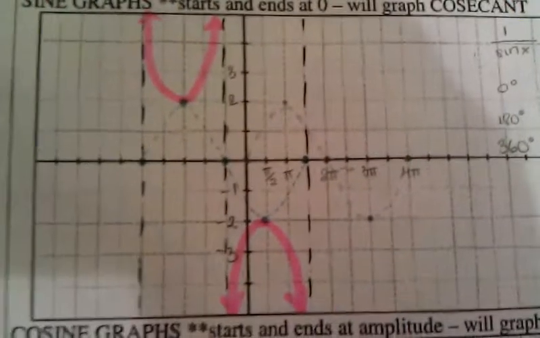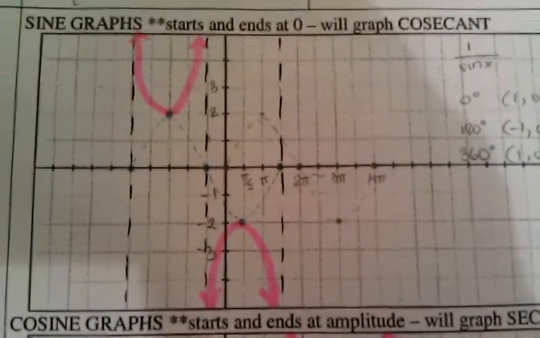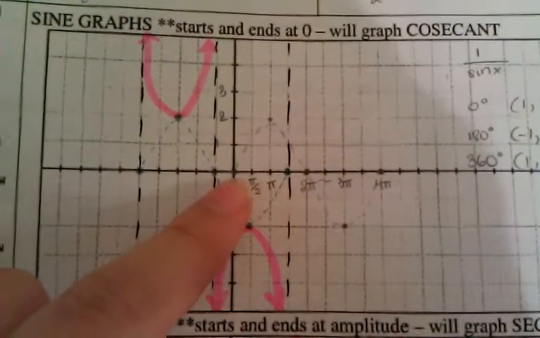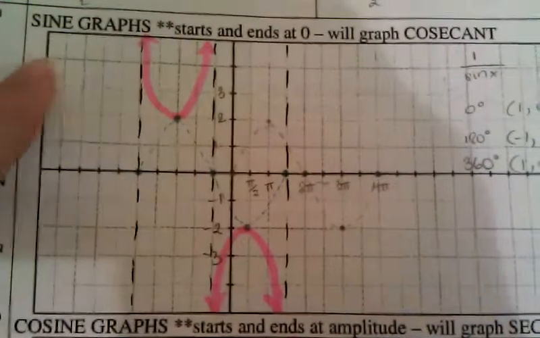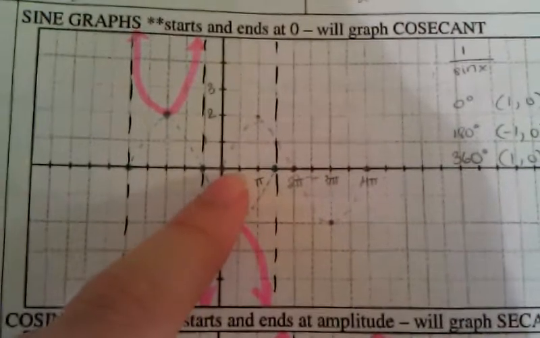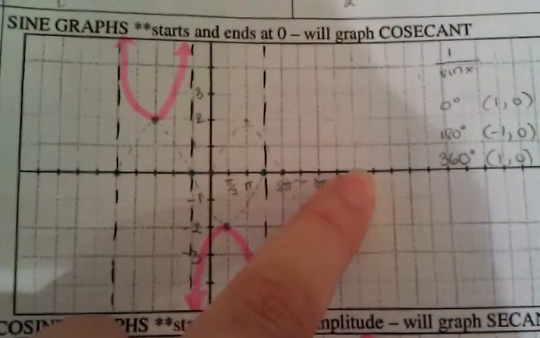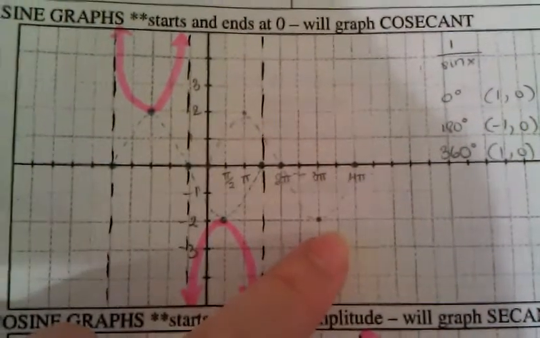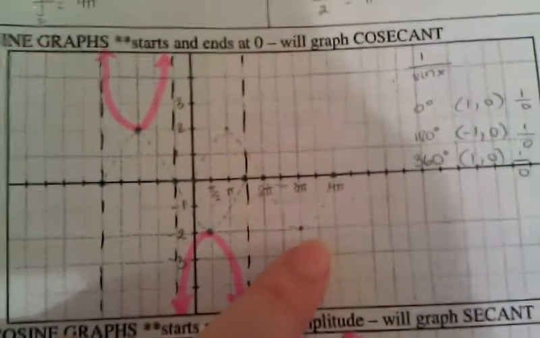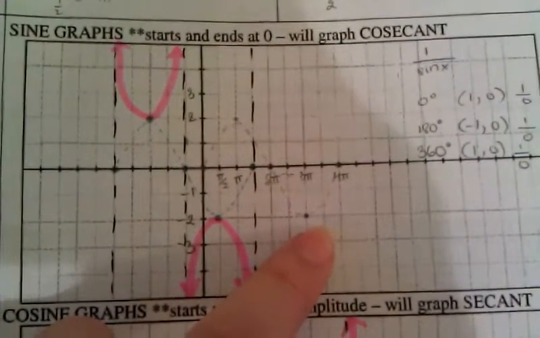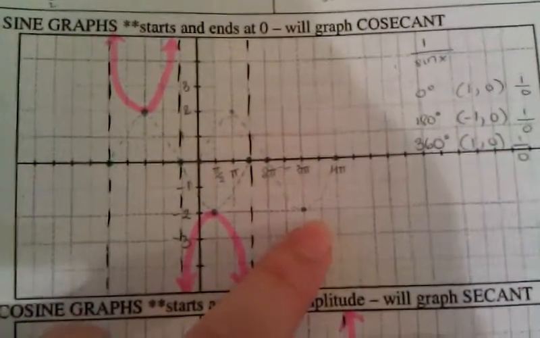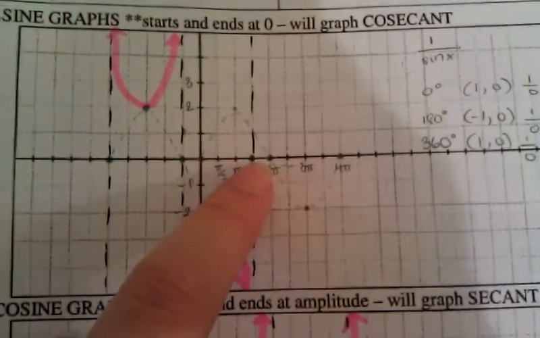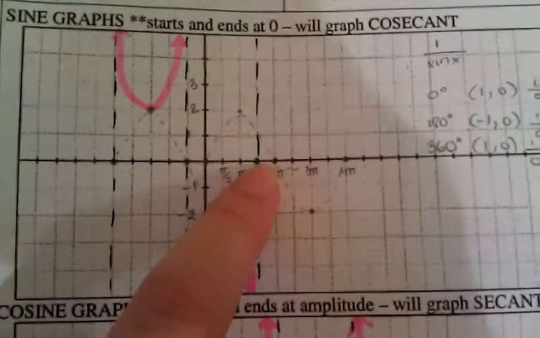By using this example. As you can see, the first step that I did was to graph a parent graph based on the sine graph. So I started and ended with the 0. Here's the midpoint, and this is the amplitude. And then after that, I used the shifting of h to move the value of the point to the left side by 1 mark,